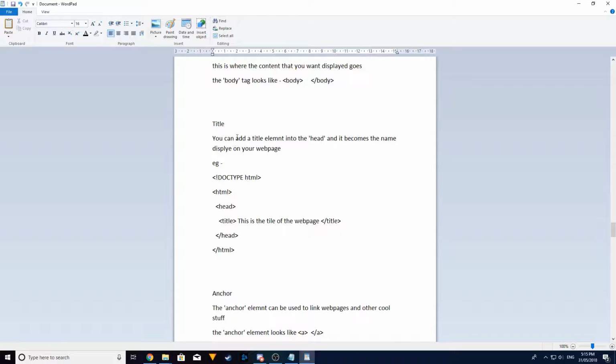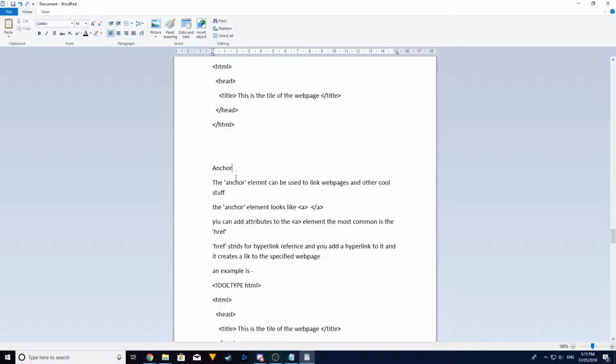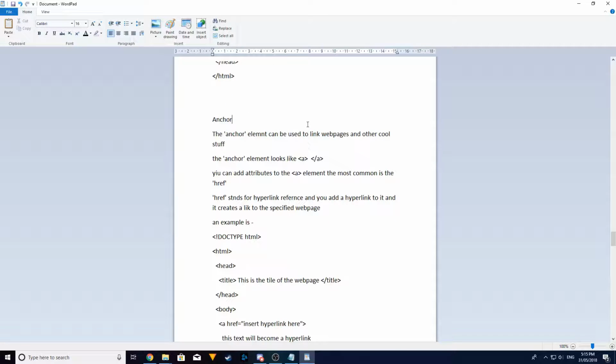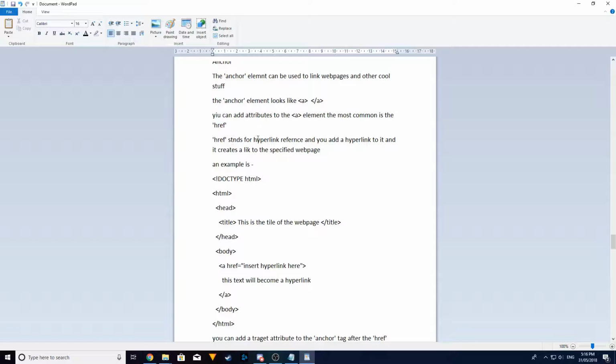Title. You can add a title element into the head and it becomes the name displayed on your web page. Example. Anchor. The anchor element can be used to link web pages and other cool stuff. The anchor element looks like. You can add attributes to the anchor element. The most common is the href. href stands for hyperlink reference, and you add a hyperlink to it and it creates a link to the specified web page. An example is